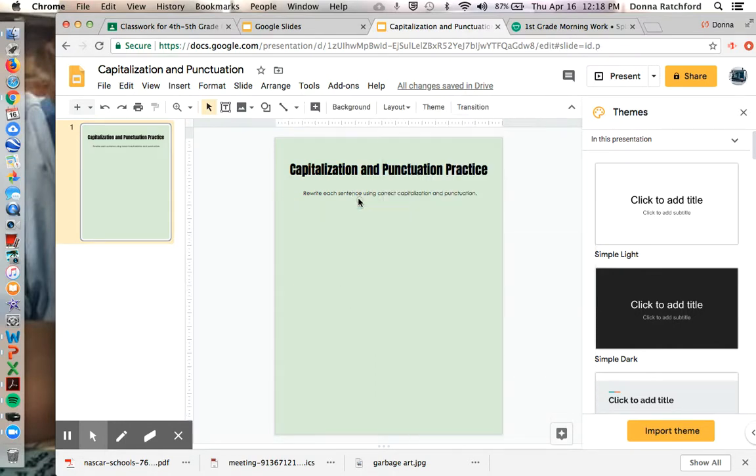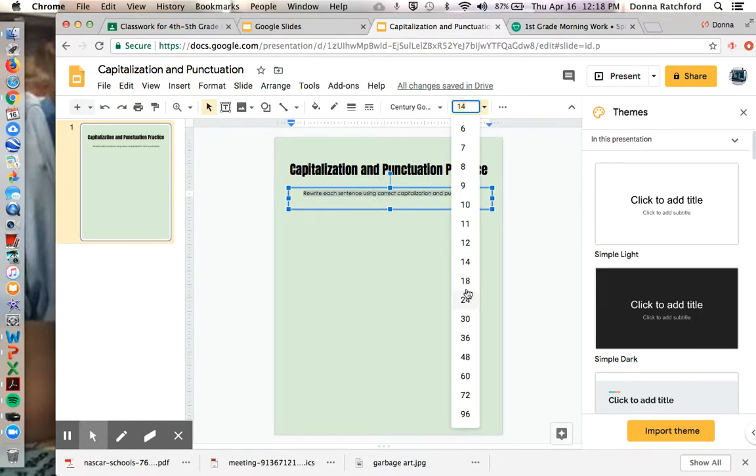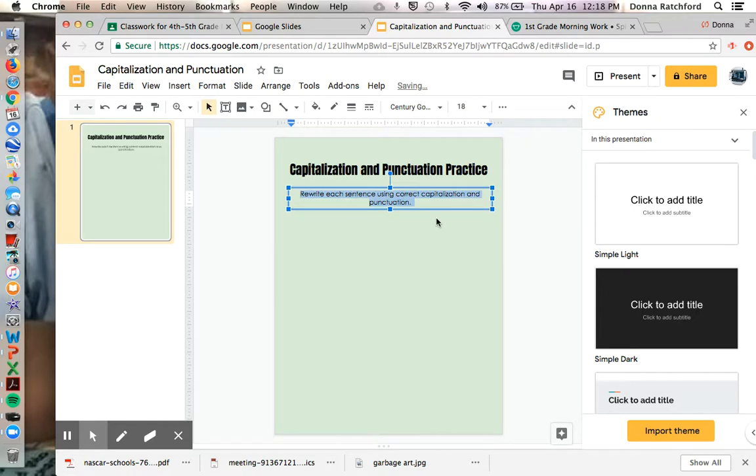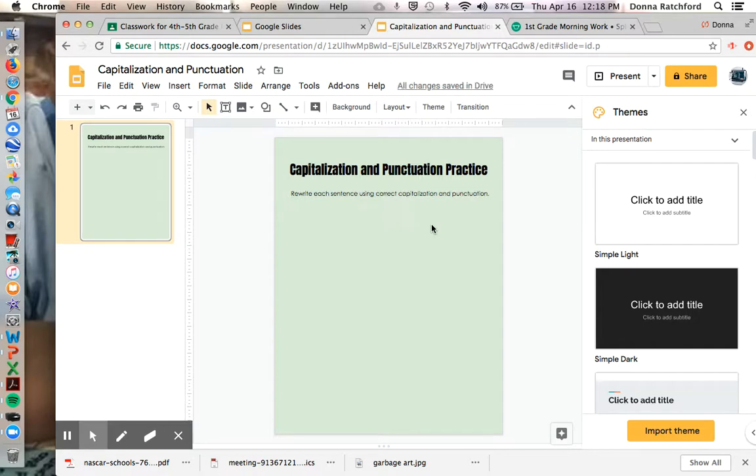Yeah, so I'm going to use that one for my directions, and I actually might make this a 16, or maybe 18. Oh, nope, 16. So I'm going to make this 16. There we go. So it's just a little bit bigger. So now I have my title, my directions, and after that, I'm going to put the activities that I want